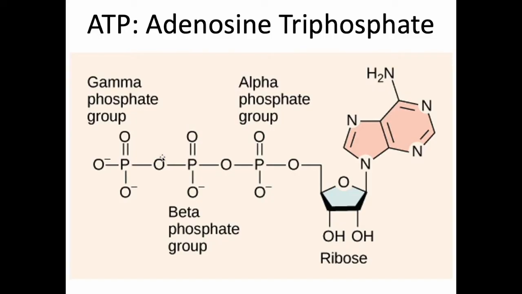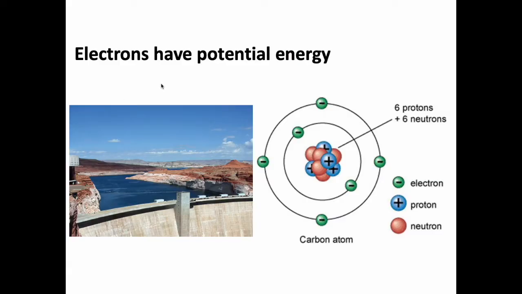There's another way to have potential energy on the molecular, atomic, small stuff level, and that is through electrons. Electrons have potential energy, and this is the statement here, but it's a weird one to wrap your brain around. Yes, these electrons buzzing around the nucleus of the atom, this figure from an earlier chapter, have potential energy just by existing. So an atom with a bunch of electrons has a bunch of potential energy in it.